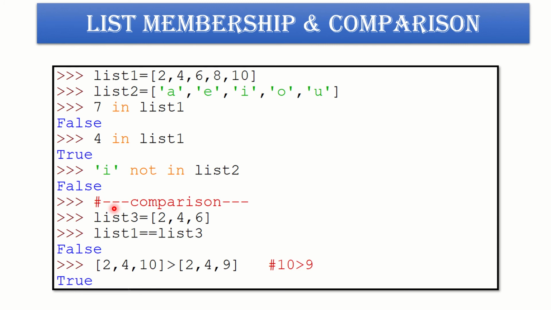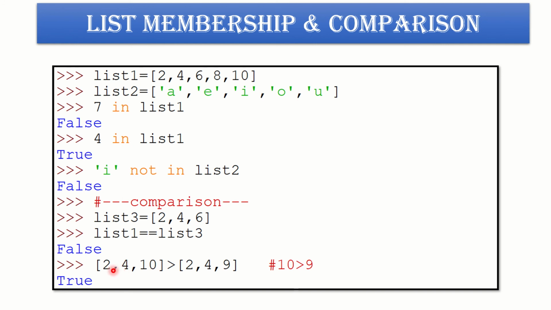Okay, now if I want to check comparison, I can also check greater than, less than or equal to in the case of lists. So I take another list 3 here and I check whether list 1 is equal to list 3. If you see here, list 3 has some of the elements of list 1 but not all. In order to be equal, both the lists should have the same number and the same value of elements. So this becomes false. Now, when I compare two lists, each element of the list is compared and the first difference is displayed in Boolean value.